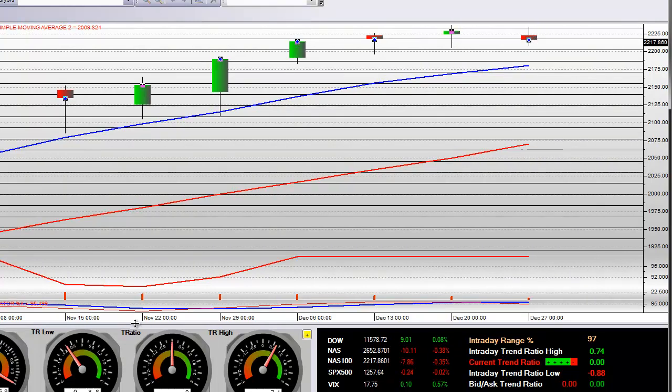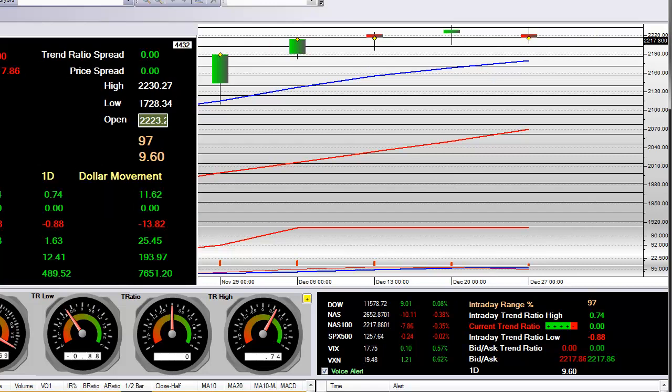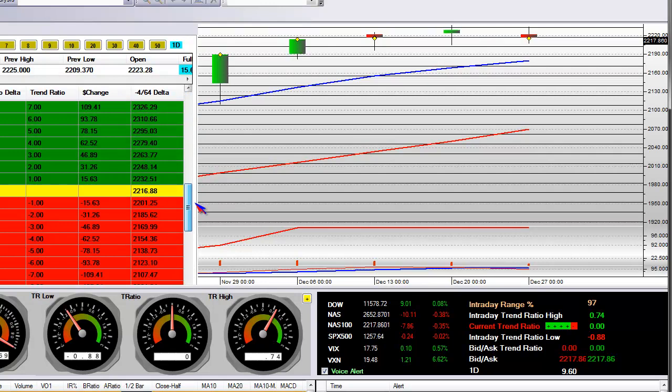That means that everything in the brain here for you, as we pull it up some more, all of this half bar column that's designed for you equal the ratio and the trend eventually. It's a market maker platform. And what I'm going to do is go over here to the deltas right now, and I'm going to give you what a 1 delta is, 9.60 for Monday. So basically we close on the Nasdaq 100. That's this right here,